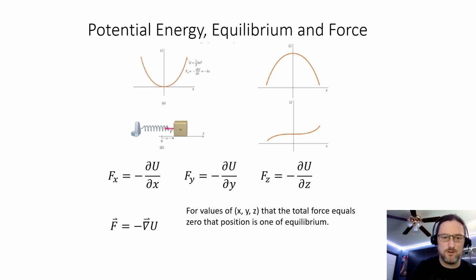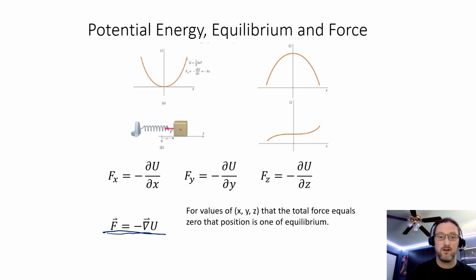operation that you can do in vector math called the gradient. That's that upside down triangle with the vector sign over. It's called a del. I'm trying to get Del Taco to change their signs to have that symbol and a taco, right? Just for math education, it'd be good for us. Join the crusade. But that gradient of the potential associated with some conservative force can give me the